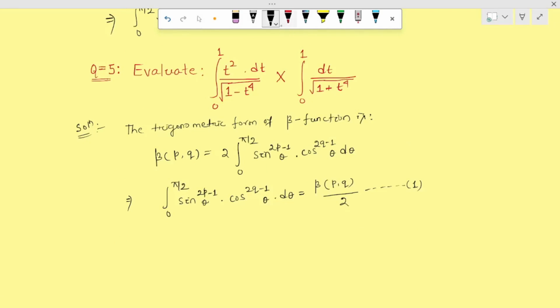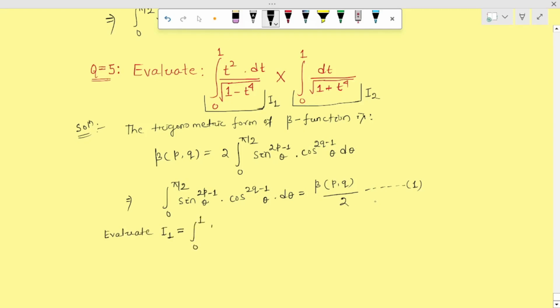Here in the question we have two integrals, both multiplied with each other. Let this first integral be I1 and this second integral be I2. So to evaluate question number 5, we have to evaluate I1 and I2 separately, and finally multiply them. First we are going to evaluate the I1 value. So put a small heading over here, evaluate I1,